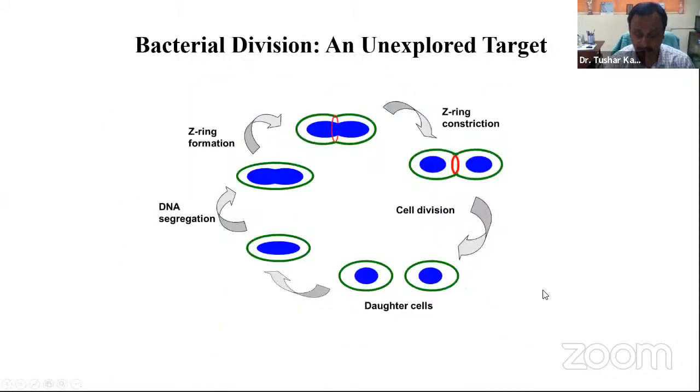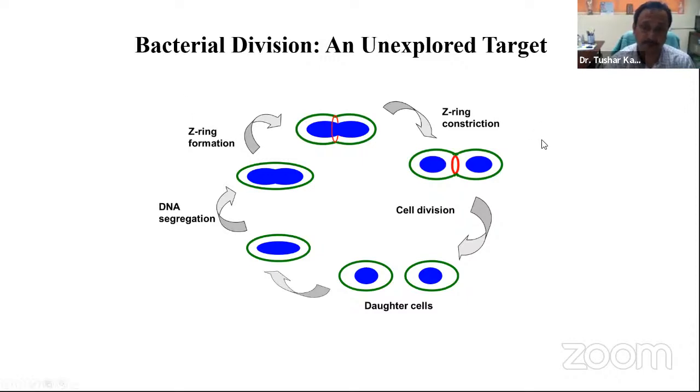Okay. Now, what is the remedy for that? What can we do? One of the reasons why we are working on bacterial division is that it has never been fully understood. It's still a very new topic for bacteriologists. Bacterial division was discovered in the 90s, but no one was working on this, so it only took off after 2005 or so, when many research groups started working on it.